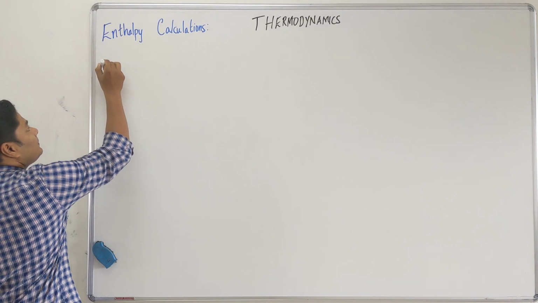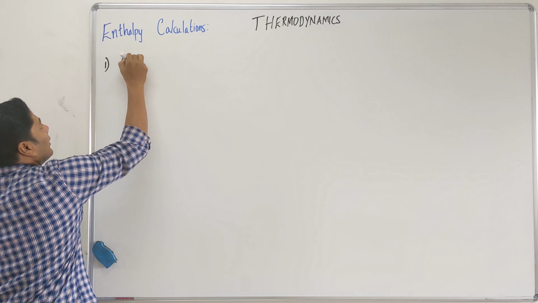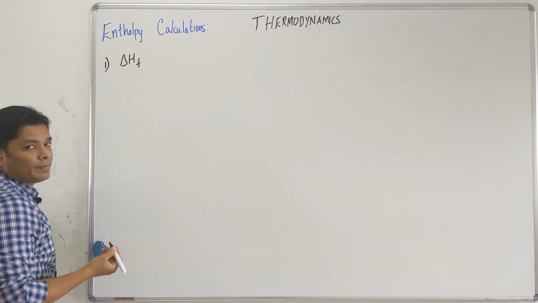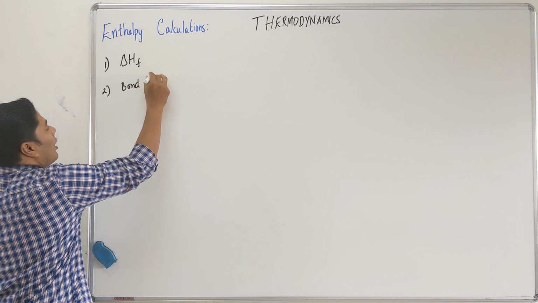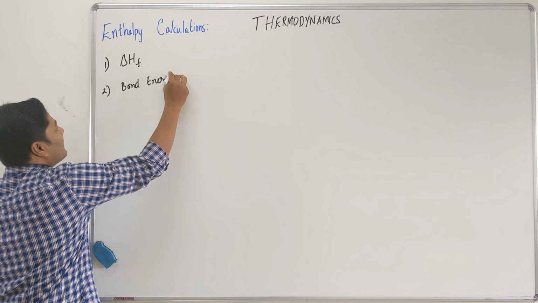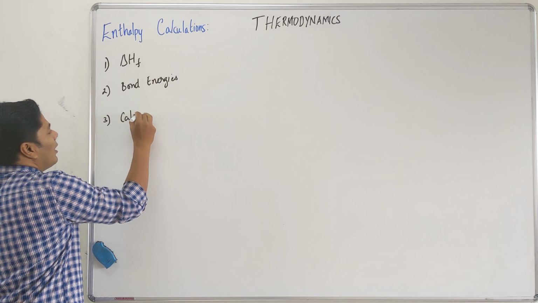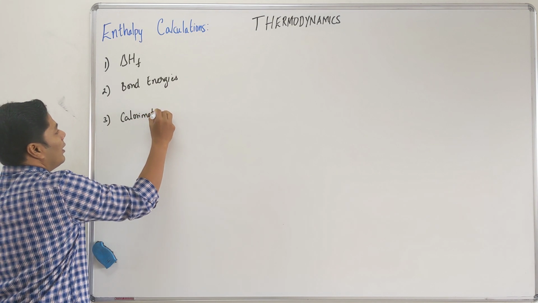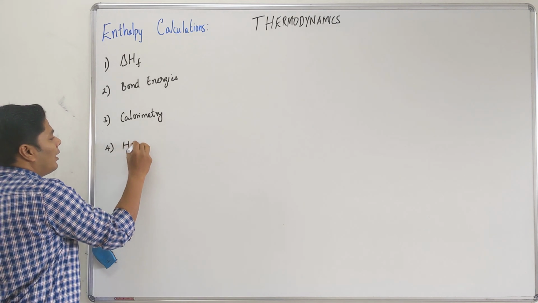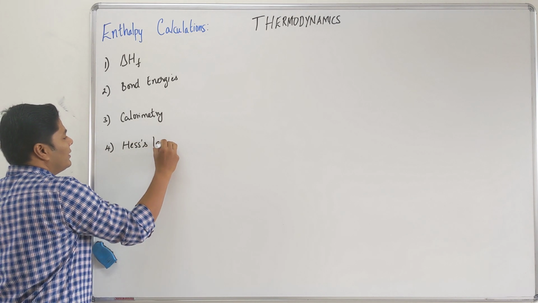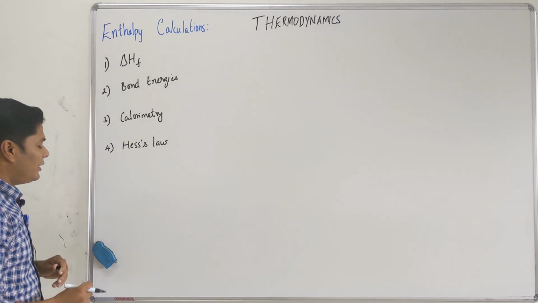The first one is when you calculate enthalpy from heat of formations. Okay. Second way of calculation is from bond energies. Third one is from calorimetry, which is similar to physics as well. Fourth one is Hess's law, one of the easiest, very little of chemistry, mostly logic. Okay, we'll go in each of them in detail.